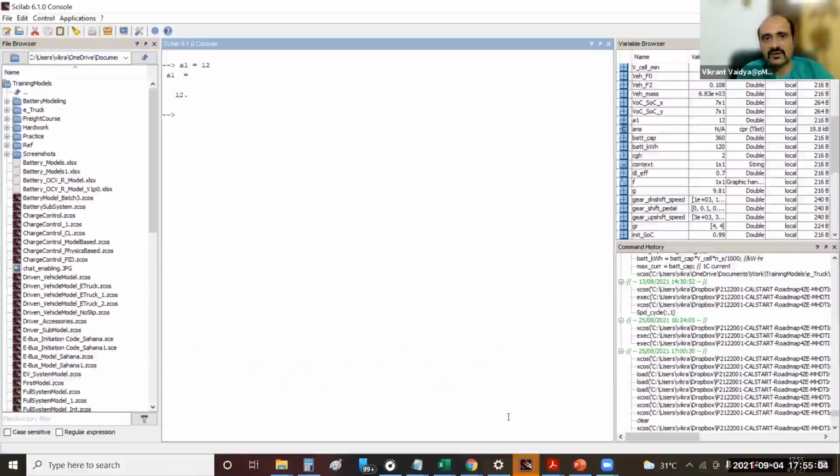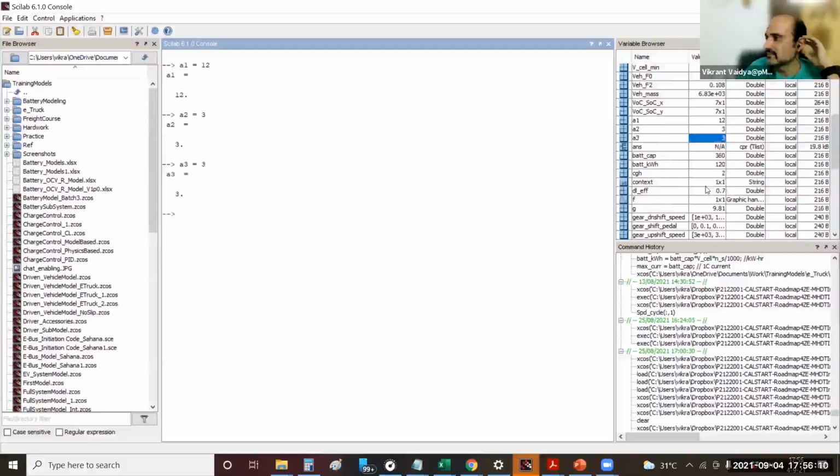Then you can put A2 is equal to 3. Press enter. And then A3 is equal to 3. Press enter. So whatever you type out in the Scilab console, you can also do the same in the SciNotes.